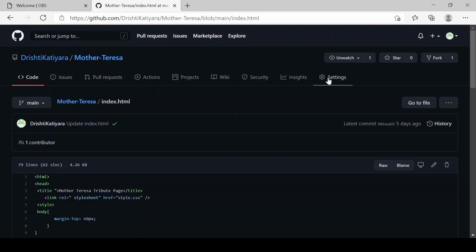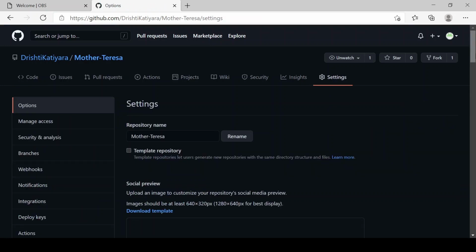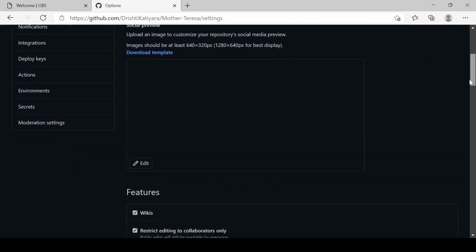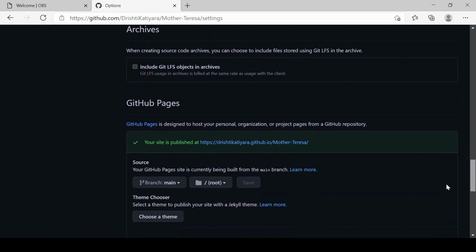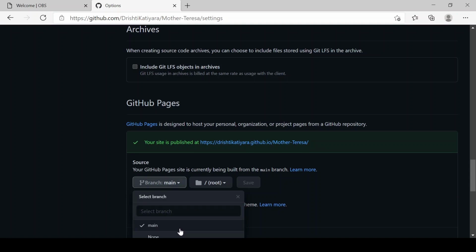Now, going into the settings section, you guys will find something called Pages, GitHub Pages. Basically, you need to select the branch. Since we are working in the main branch, the branch selected is main, and the folder is the root folder.